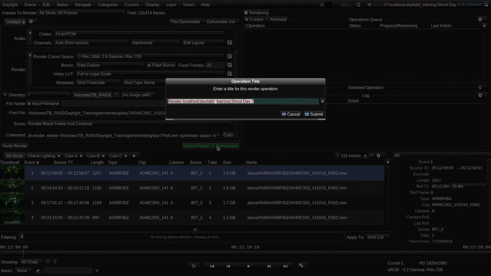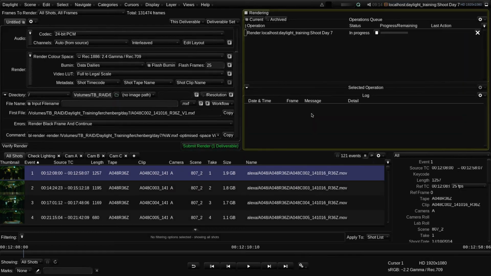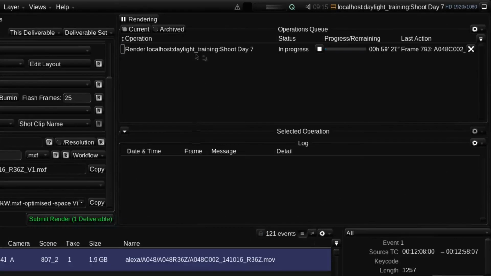The queue requires a name, so we can identify this operation in the list. So I'll just accept the default this time, and click the Submit button. The render operation has now been added to the render queue and has been picked up by the render manager on this machine. If I had other networked systems, such as another Daylight, a Baselight system, or a dedicated render node such as the one in a Flux store, then I could have submitted the render to the queue on one of those machines instead. They would then pick up the operation and render it to the required destination. That could be very useful, as it would free up all the local processing resources on this system.